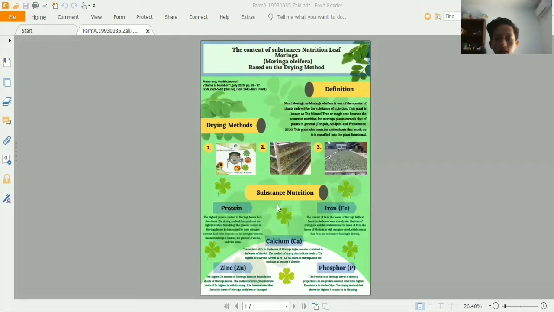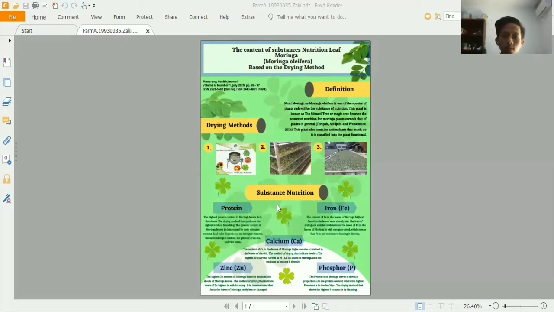The older the leaf age, the darker the green color becomes, while the shoot leaves are generally pale green because of less chlorophyll. The content of iron in moringa leaf based on the drying method showed a significant difference, where the highest content was in the drying method by aerating only, and the lowest was the drying method. This illustrates that iron is not resistant to direct heating, even though the temperature is low, less than 50 degrees